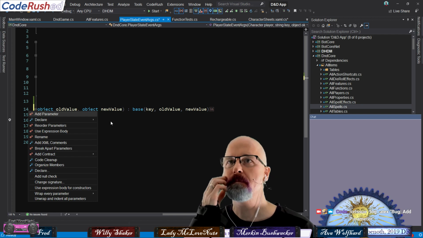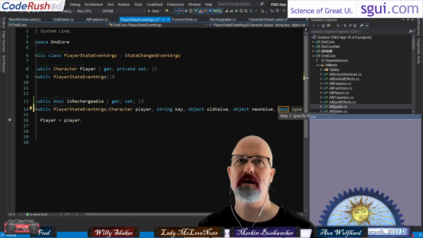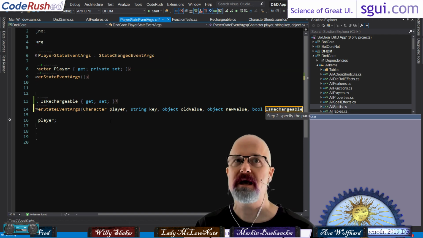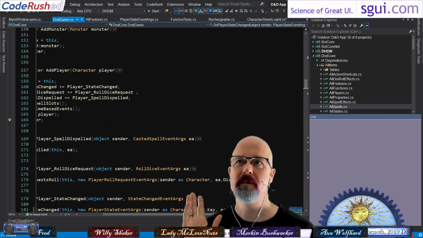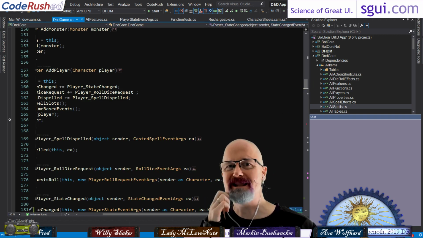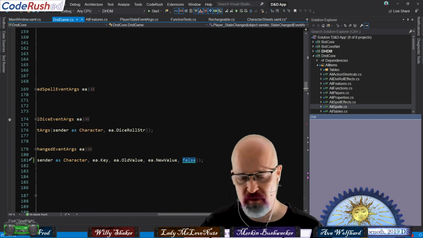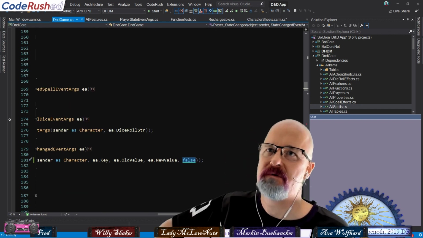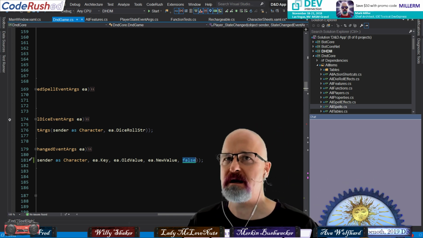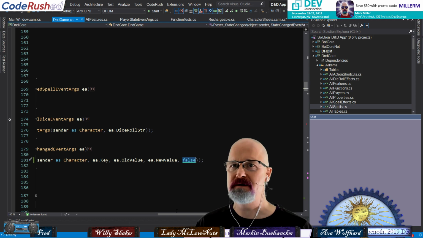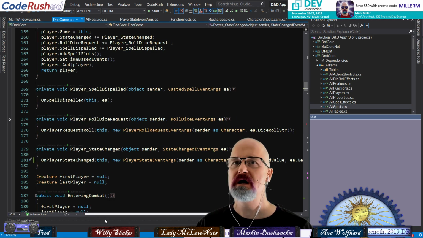All right, one more time. Add parameter, TB space, there, drops it down below, up arrow, right, paste, left arrow, this time I'm going to hit enter, and now it does it. So it's like I left it. I'm not sure if that was arguably a bug or not, but the reason I hit control left arrow, devs from the dev team, is because it was off screen, and I wanted to see it. I wanted to get the caret back to the left. And so now there's my new parameter I've added on player state changed.